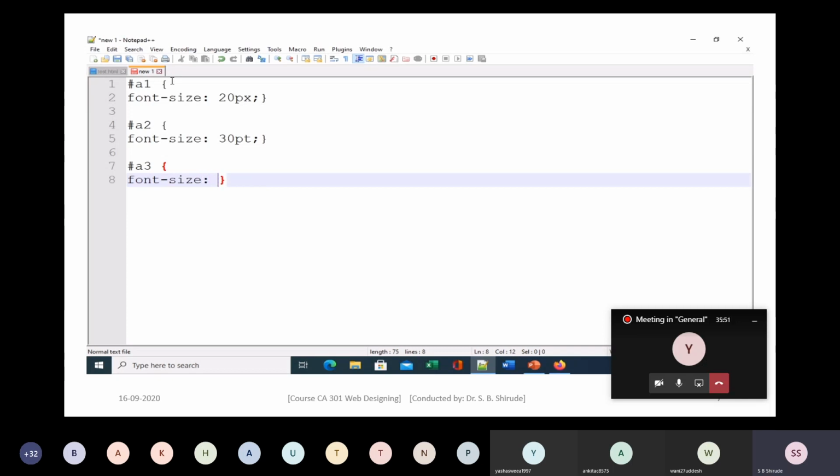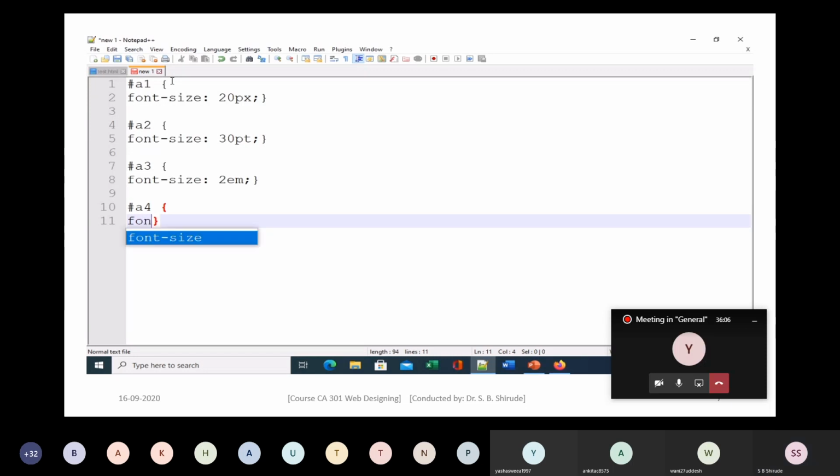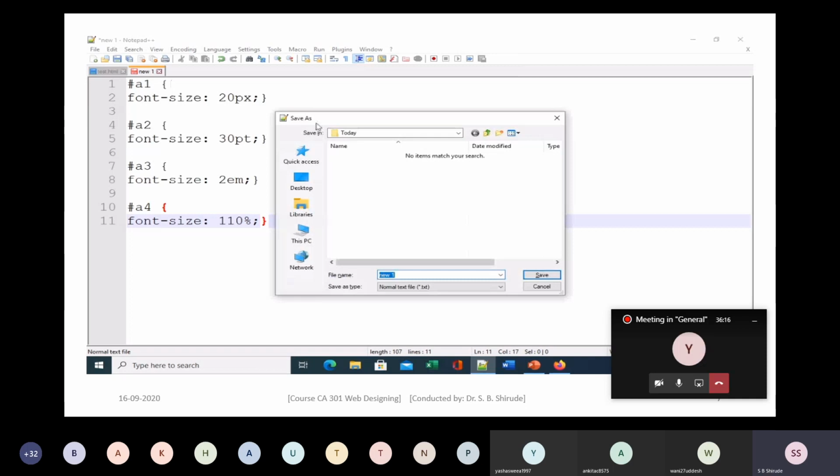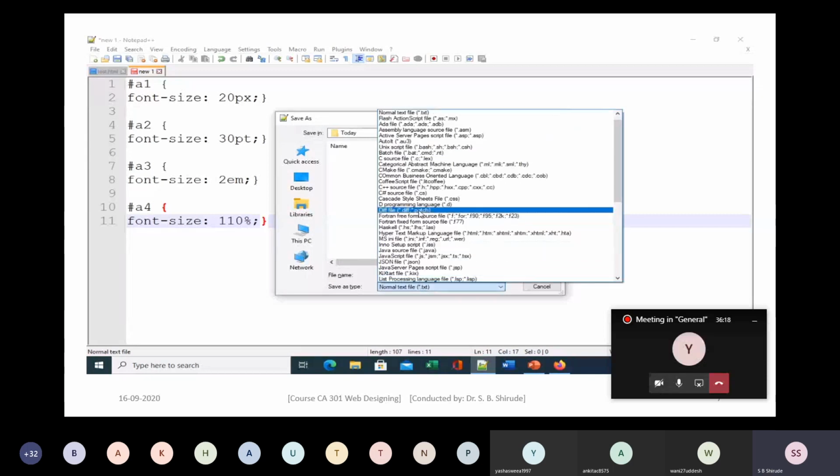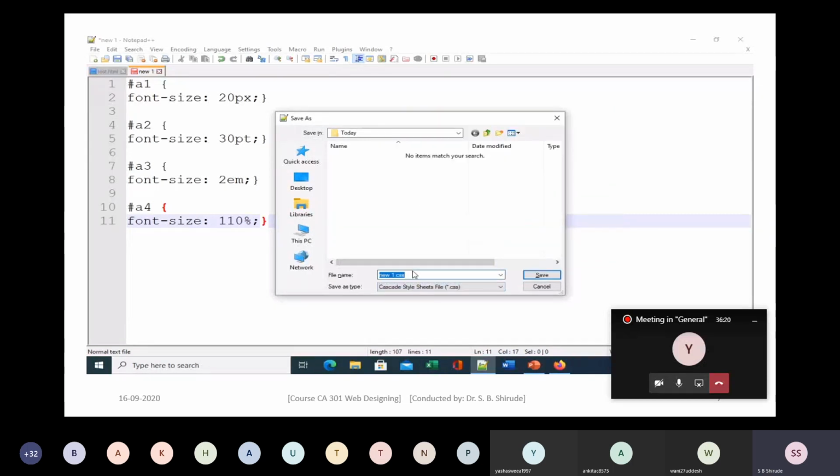If you do them practically on your own, then only you will be able to recall and remember the correct word, whether pt or pts. This is just an example I am telling you; this way you have to do it for all the topics. So 2 em I am giving for A3 and 100% for A4. This way I have used all 4 units of measure here.